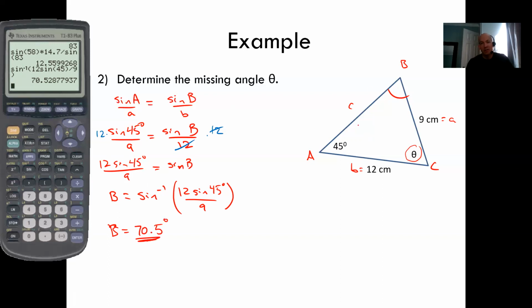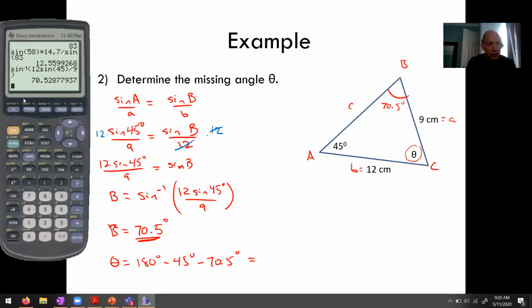Now, I don't necessarily guarantee that this triangle is drawn to scale, but if it seems reasonable that it's a 70.5 degree angle, good. Now, of course, I just have to figure out theta here. So theta, or angle C, but it's labeled theta in the drawing. So theta would be 180 minus 45 minus 70.528, blah, blah, blah. Okay, so we just go 180 on our calculator, minus